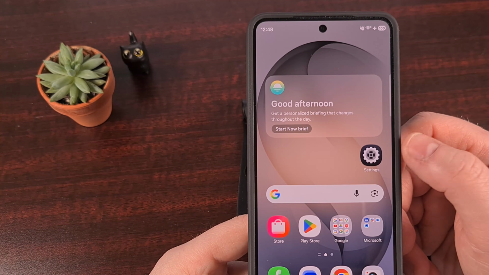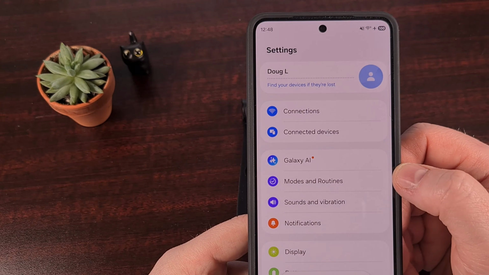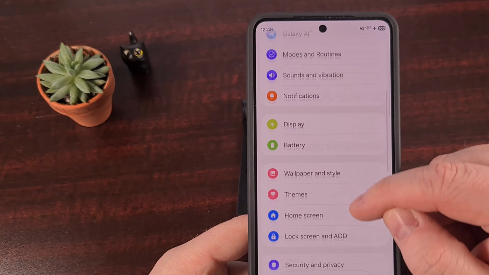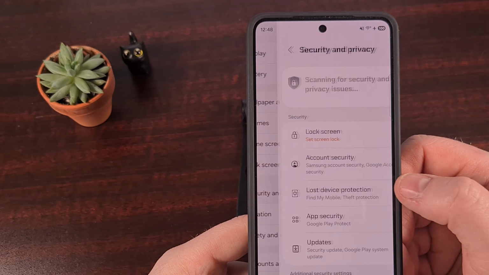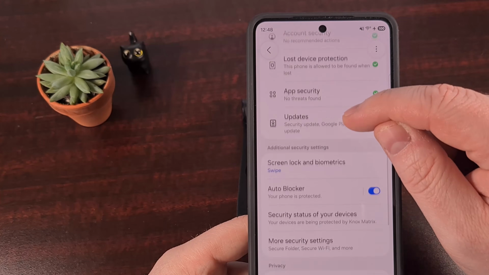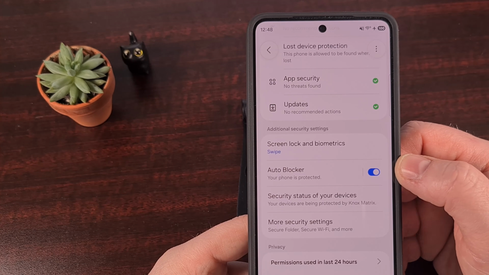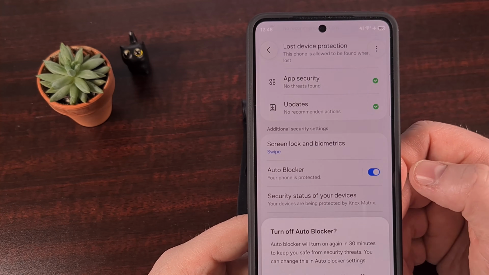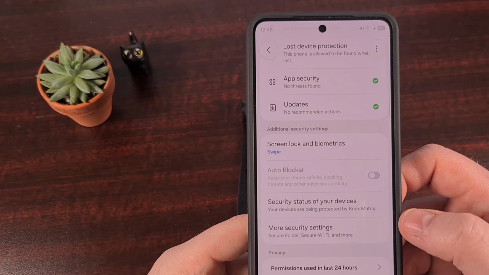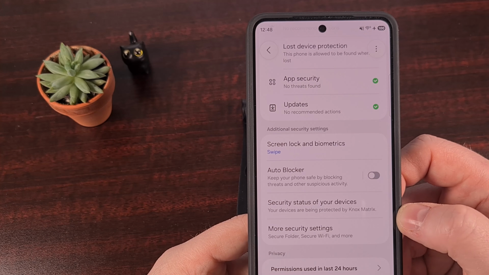We just need to dive into the Settings application. From here, we tap into the Security and Privacy menu, and then we look for the Auto Blocker feature from here. Now, you have the option of disabling this feature by simply tapping on the toggle itself, or you can